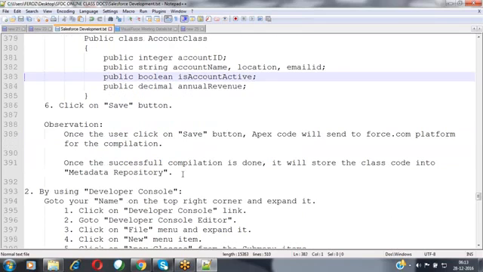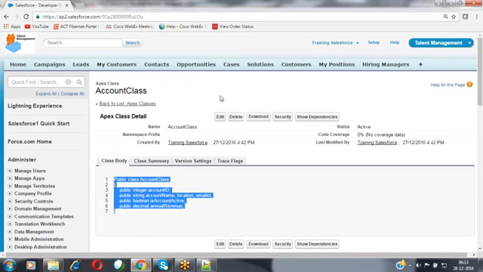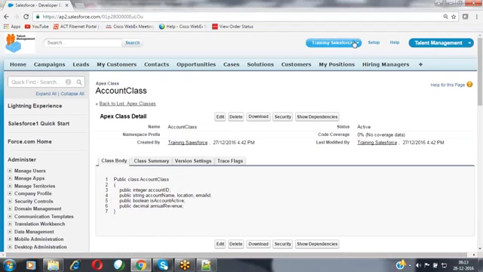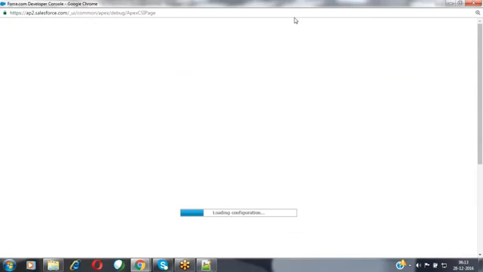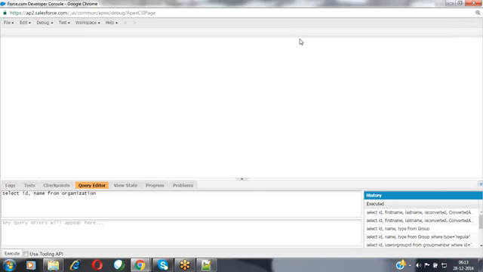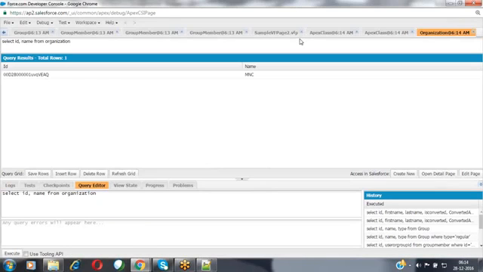Now I'm creating a new Apex class by using the developer console. Go to your name on the top right corner and expand it. Click on developer console. When you click on it, it provides a developer console editor to you. Inside this editor, we can create your Apex class also.